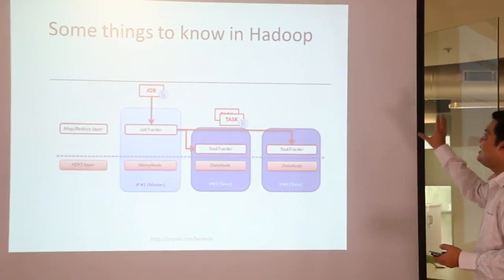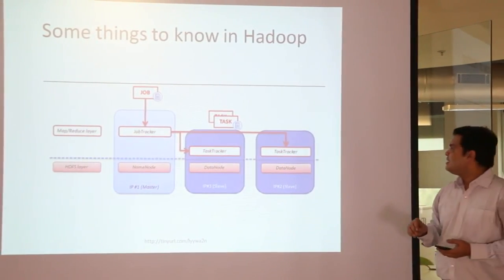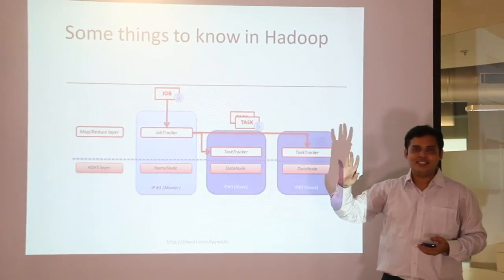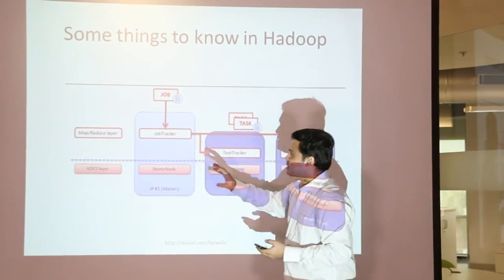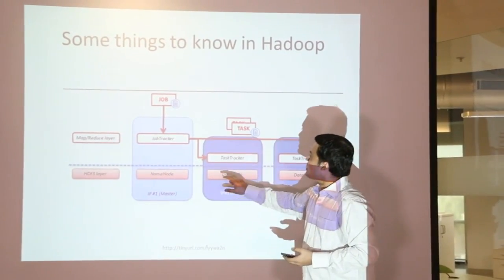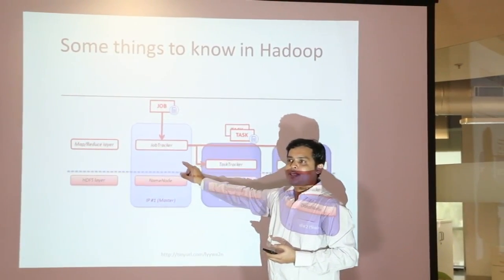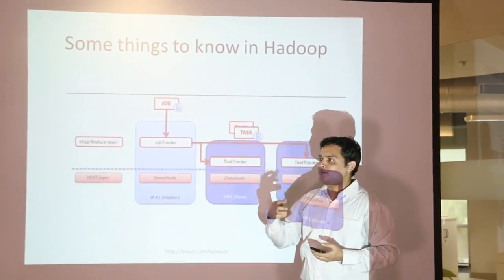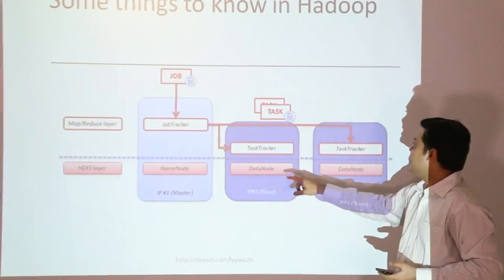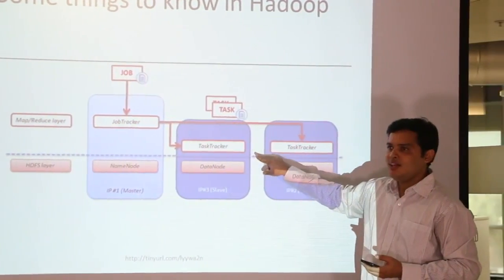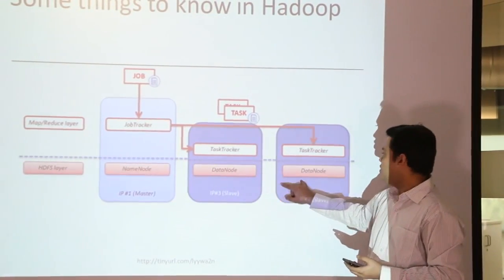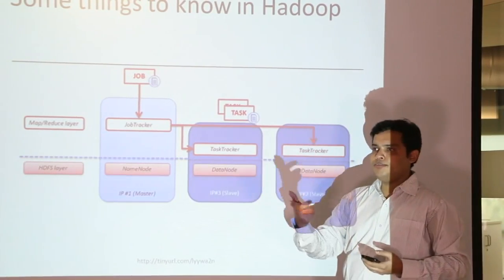Okay. So this is something you need to know in Hadoop. So whenever you go at a client side, just use these terms and you will be impressed. Right? You say, okay, Hadoop has a map reduce layer. It has a HDFS layer. There is a job that goes to a job tracker, something like I want to find recommendation for some resource. So it goes to a job tracker. What job tracker will do is it will pass the task to a task tracker. Okay, and task tracker will actually use the data on this data node, to give you the output.